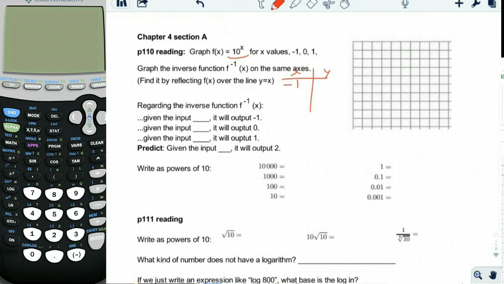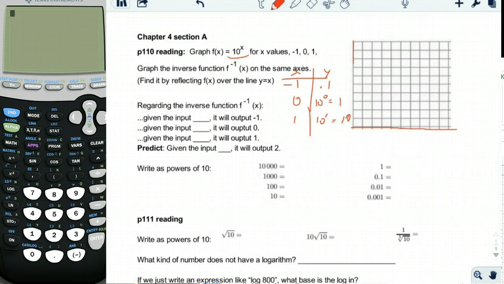I make an xy table and I put negative 1 into there. I get 10 to the negative 1, which is 1/10, which is 0.1. If I put 0 in there, then I get 10 to the 0, which is just 1. And 10 to the 1 is equal to 10. So if I graph that,